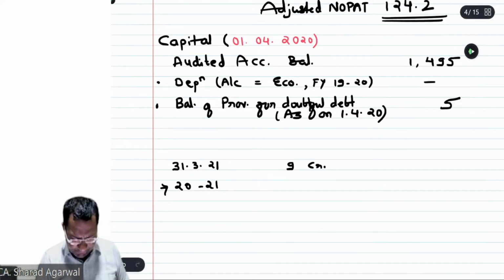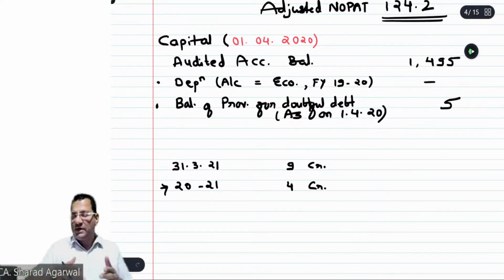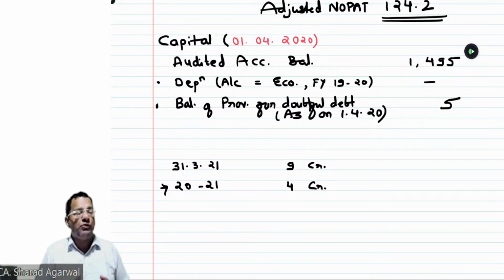ऐड किया? आपने 4 करोड़ रुपए ऐड किया है। तो जब आप रिवर्स जाएंगे तो at the start of the ईयर what was the amount of provision for doubtful debt? It was 5 करोड़ रुपए। 4 करोड़ रुपए आपने और इसमें ऐड बैक किया, then it comes out to 9 करोड़ रुपए बैलेंस at the ईयर end. समझ में आया बेटा?